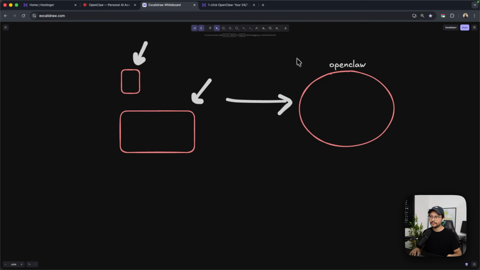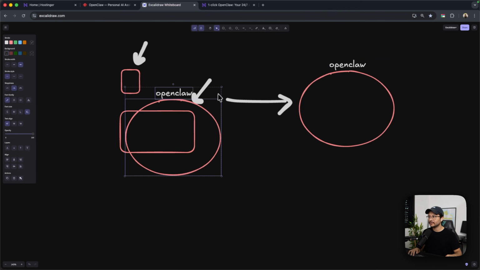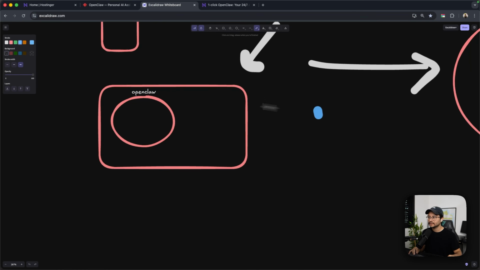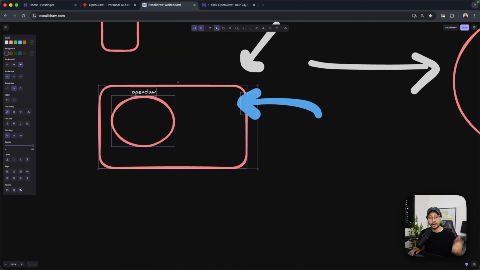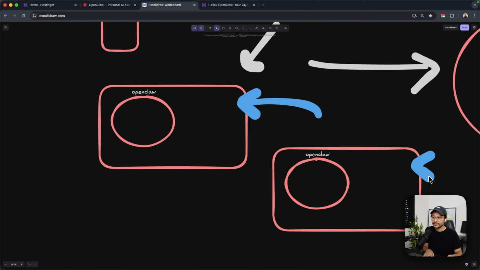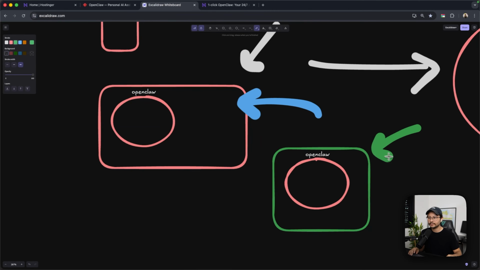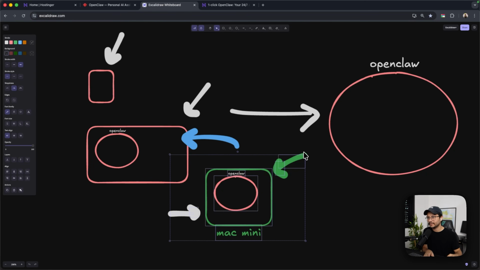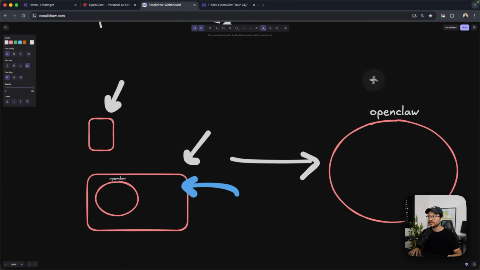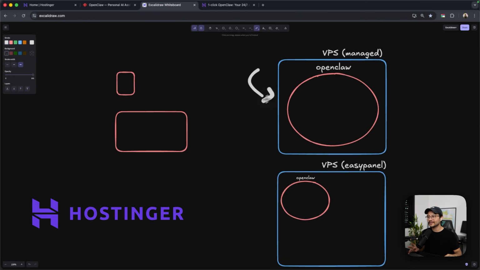And by the way, some people use this agent inside of their own personal computer. Security-wise, this might be an issue, especially in the way that you installed it. But even if you do install it successfully, you'll need to leave it turned on 24/7 or whatever time you're using the agent. And that's why some people just opt to using a Mac Mini for this. But honestly, it's kind of a big investment, especially if you're not sure if you'll actually use an AI agent like this. So before considering a Mac Mini, I'd recommend you testing it using a VPS, and specifically Hostinger, the